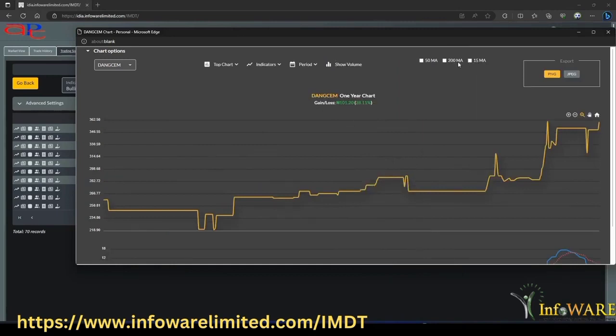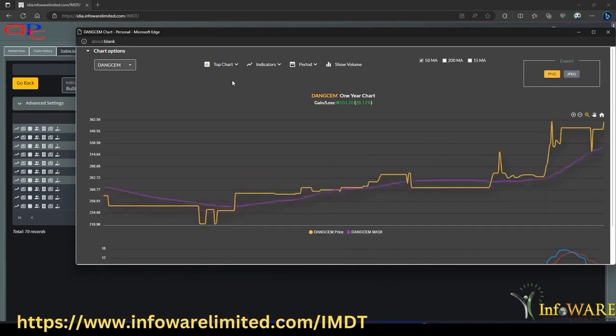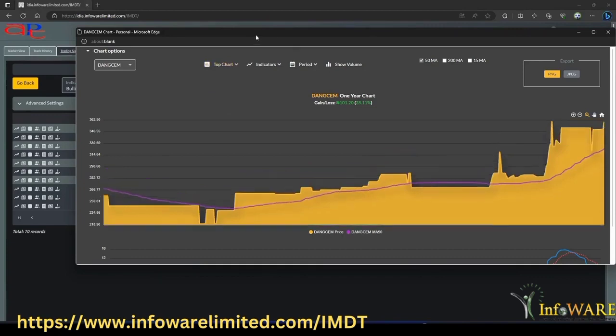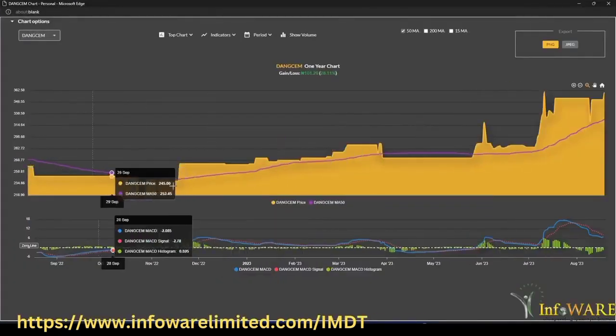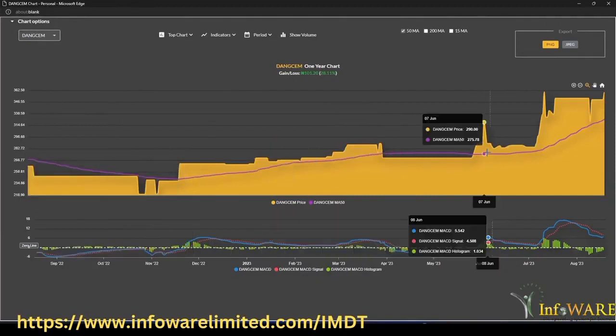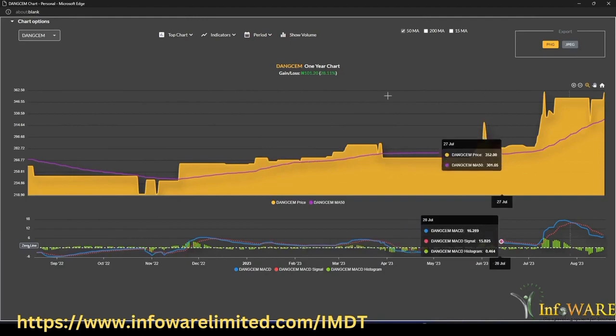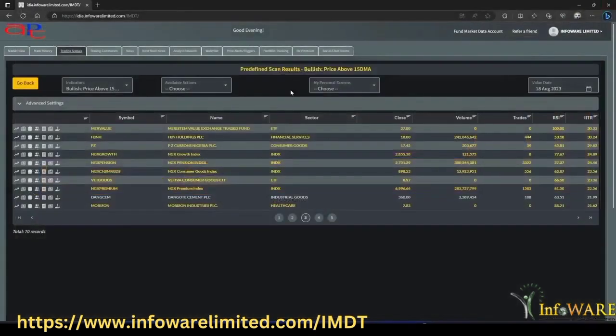Again, I can select overlays more, let's say the 50-day moving average. And then one of the other things I can do here, depending on what I like, I can choose the area format, for example, and it overlays it. It makes it easier to look at exactly how the 50-day moving average overlays on that chart line. And of course, I can close them as I'm